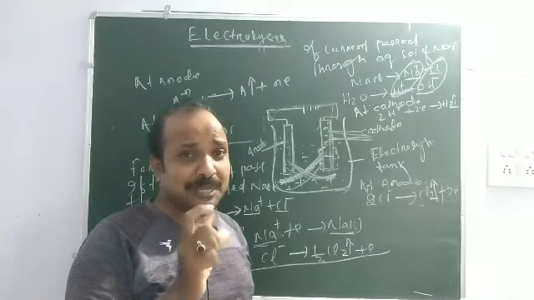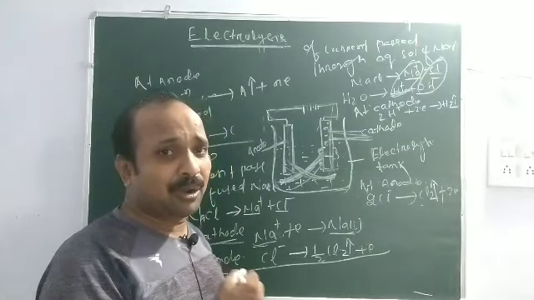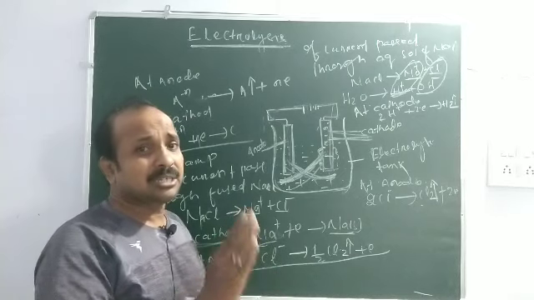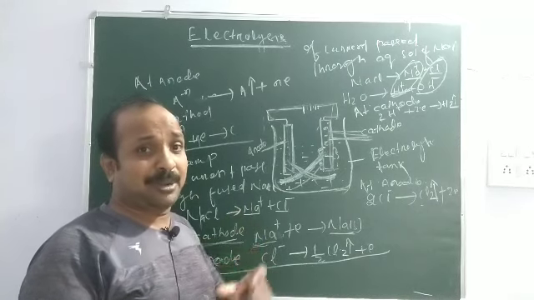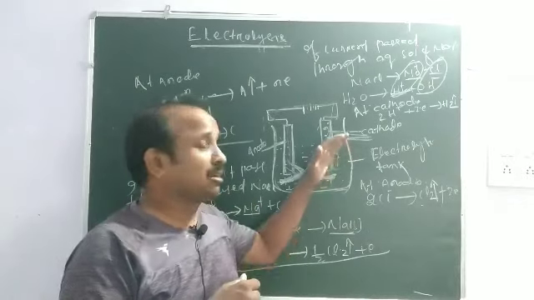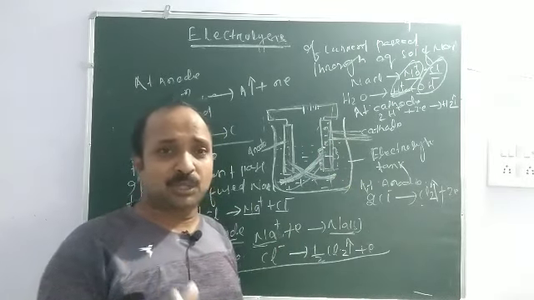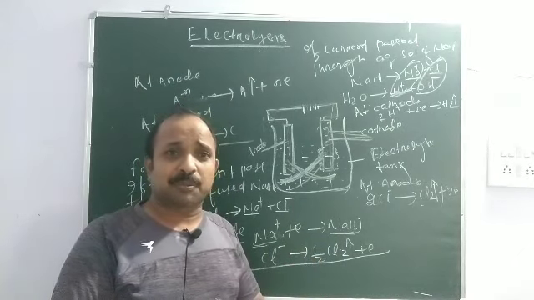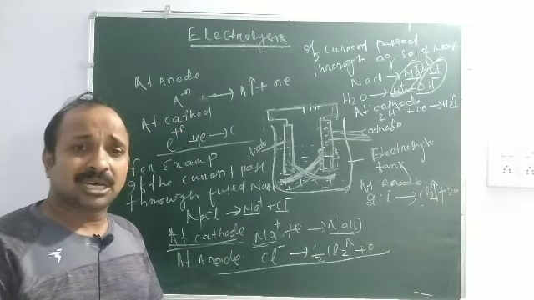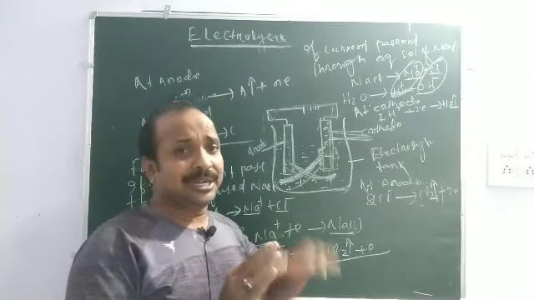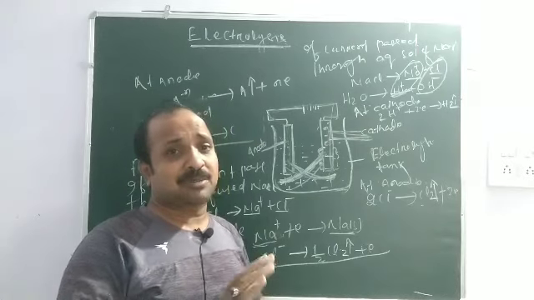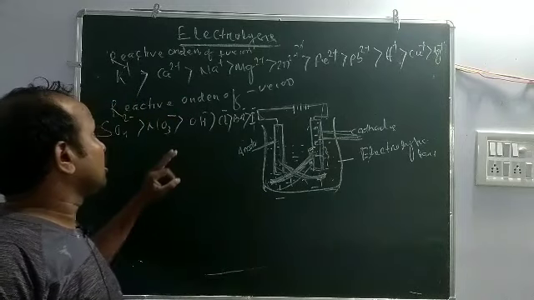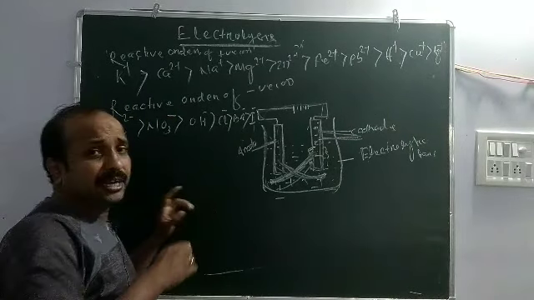You should remember the order for some ionic compounds, which are less reactive and which are more reactive, because this is the most important knowledge part, the root level of the electrolytic product. If you cannot identify which one is less reactive and which is more reactive, then you cannot write the electrolytic product of electrolysis. Then we write the reactive order of some important ions, the positive ions and negative ions.